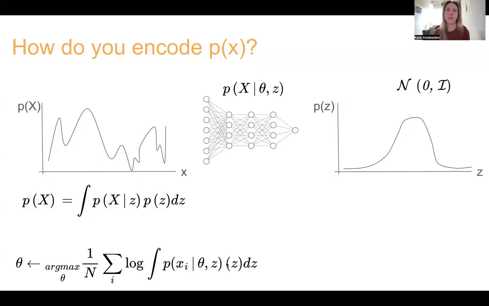You could say I'll just keep sampling Zs in order to approximate this. But the problem is that you would need to sample a lot of Zs, and most of them wouldn't correspond to any X's. So for most Zs that you pull from your proxy distribution, probability of X given that Z will be 0. And so that Z will contribute nothing to your equation.